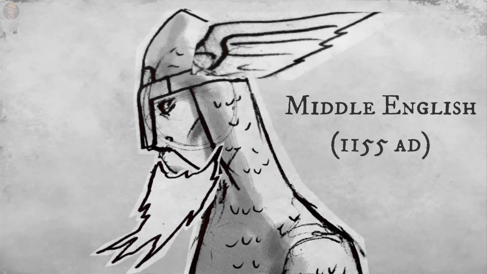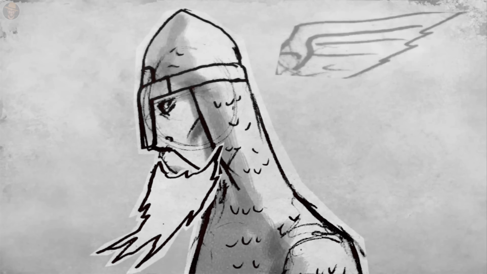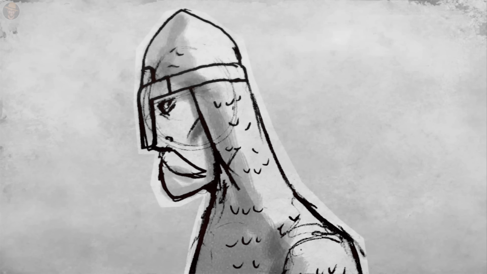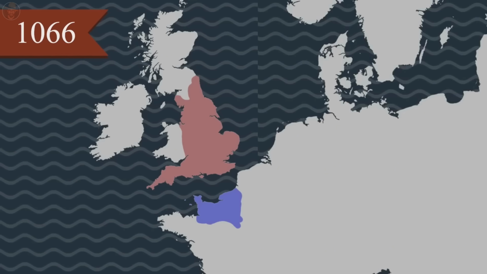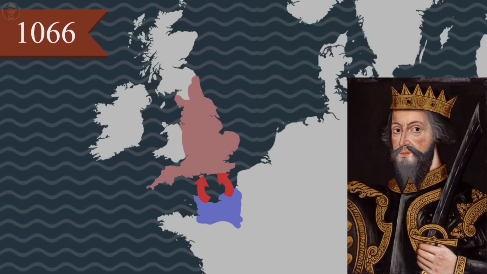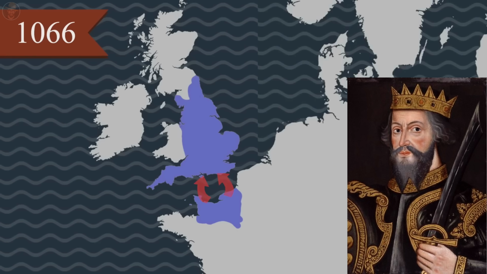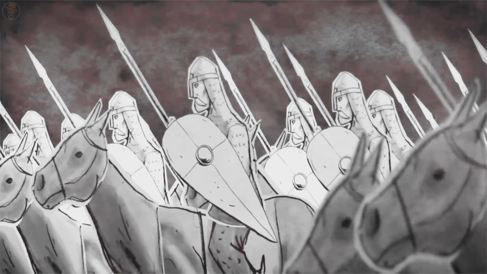Middle English, 1150–1500 AD. The Middle English period, beginning around 1150 AD. This era was profoundly shaped by the Norman conquest of 1066, a pivotal event that drastically altered the course of the English language. When William the Conqueror, Duke of Normandy, defeated King Harold at the Battle of Hastings, he and